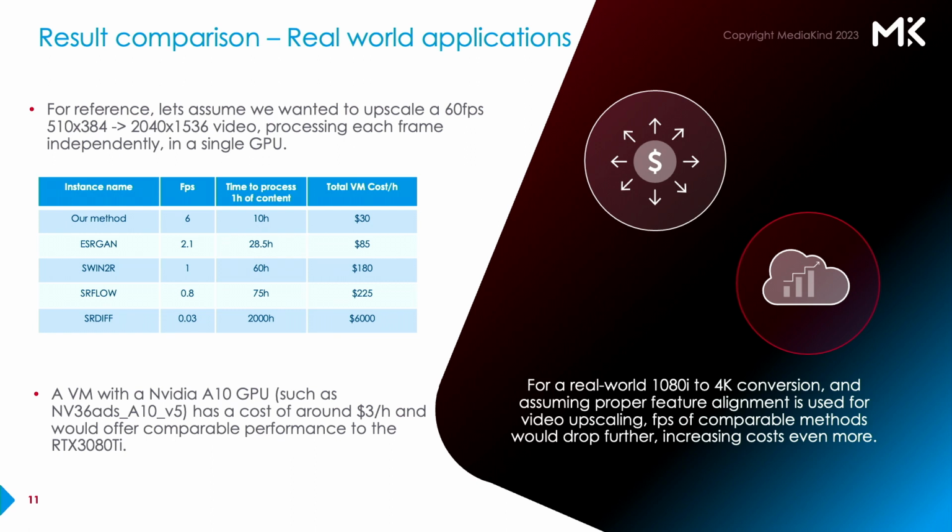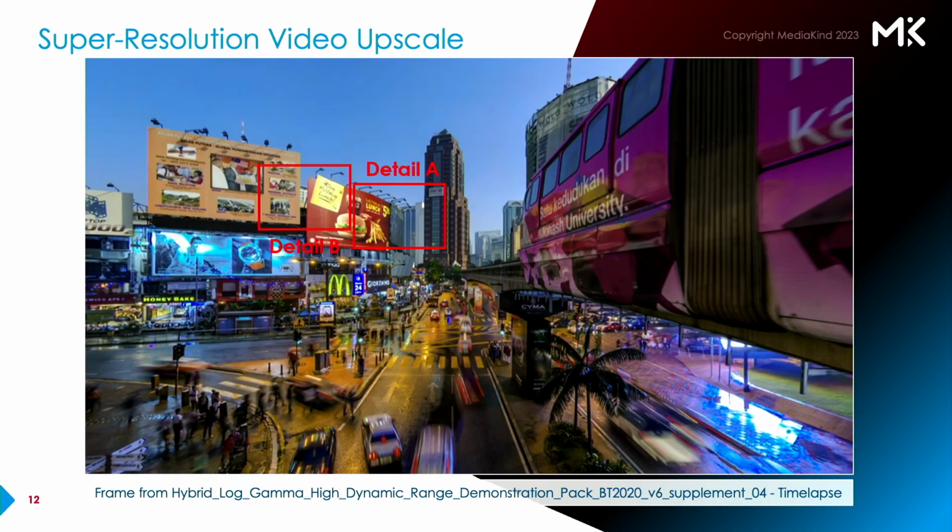But this shows you how the cost and inference time scale very quickly. And you see the diffusion model, because it's iterative and requires like 100 passes to refine your image, takes 30 seconds per image. If you're trying to process 60 frames per second, that becomes an issue very quickly. So if you're upscaling a single image, waiting 30 seconds is not a problem. Or if you're using a diffusion model to create a big cat astronaut image, you're probably okay waiting a few minutes for it to do that.